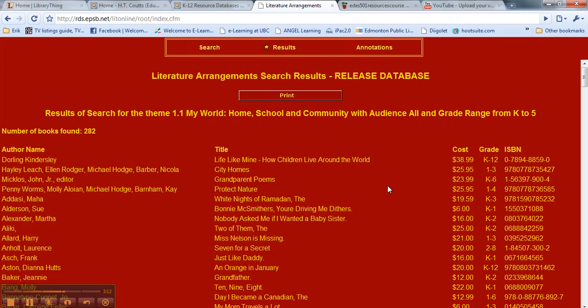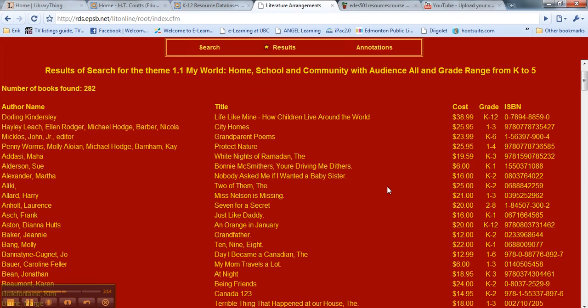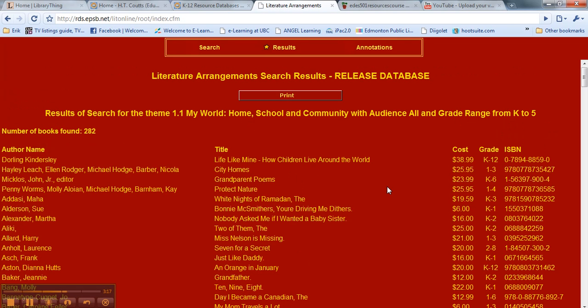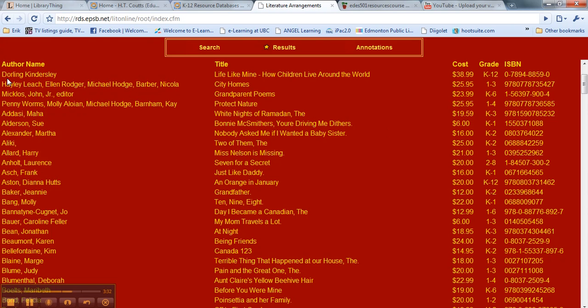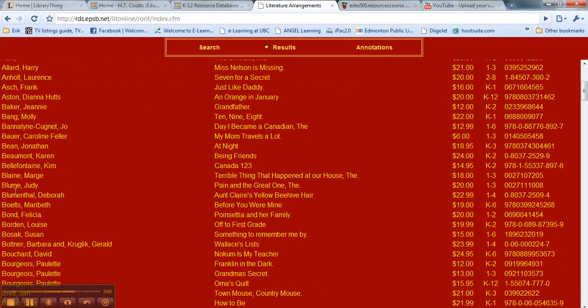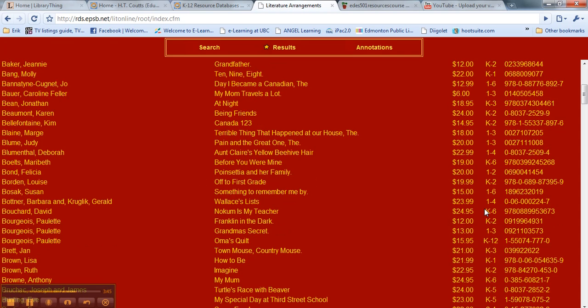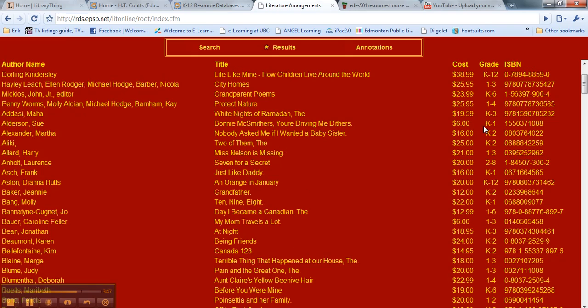And here is a list of 282 books that were found that fit into this category by theme for this unit in social studies, the My World, Homeschool and Community, with an intended audience of everyone and a grade range from K to 5. And you can see that there's a list of all different kinds of books. There are fiction and nonfiction, there are picture books, there are some novels here. You can see that. And it gives you the price, the current price, the grade level that it's appropriate for,